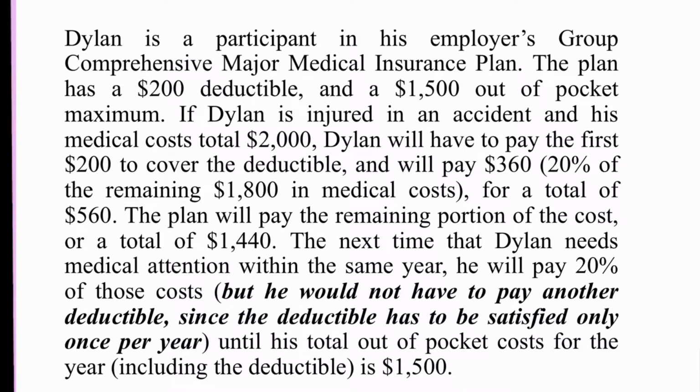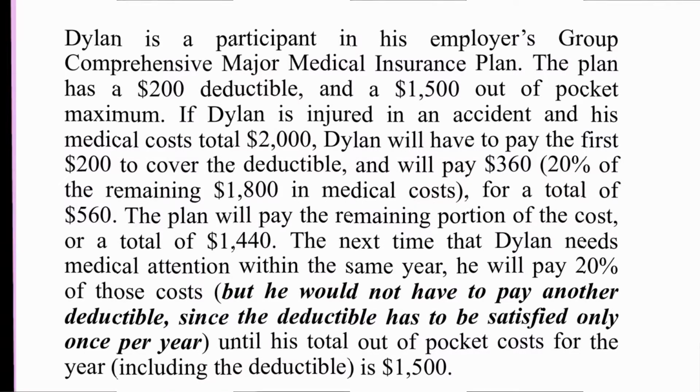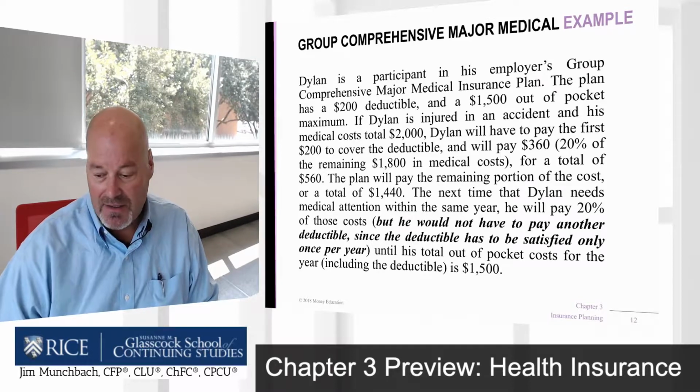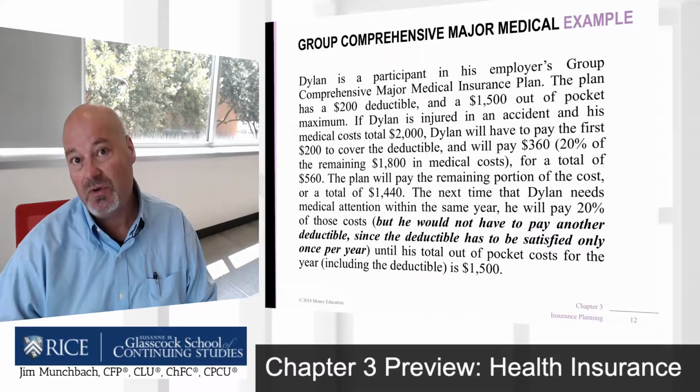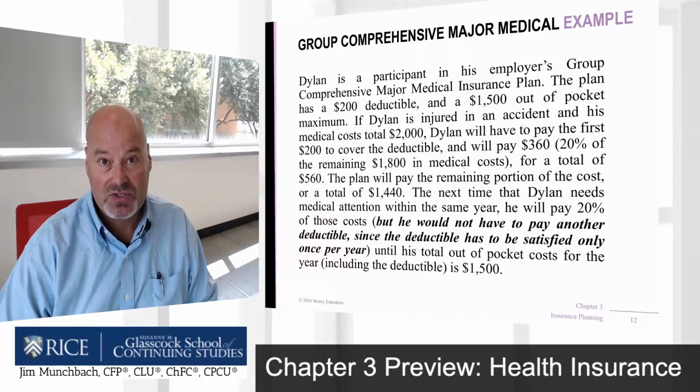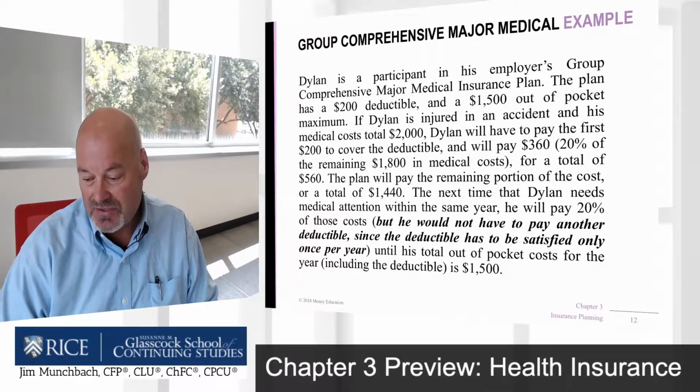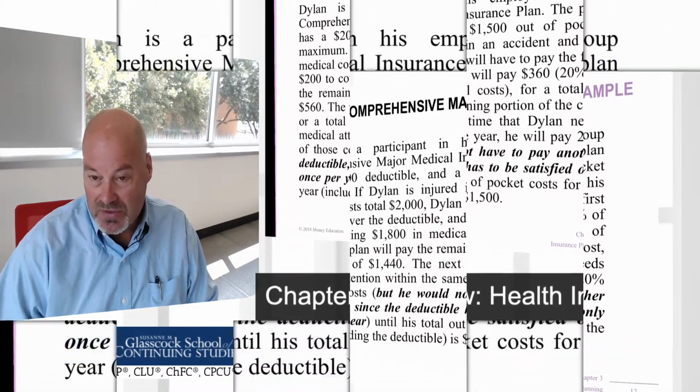We'll have some examples. In this example, you'll see this either on the slides or in a PDF, whichever one I upload. But this focuses on the fact that the deductible has to be satisfied only once per year. And that can easily trick you up when you're doing a question like this on the exam. It's one of the things you just have to be aware of. So that's one of the areas we'll focus on. We'll do some practice questions together in class. This is just one example of one of those questions.